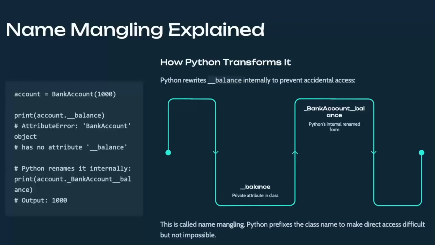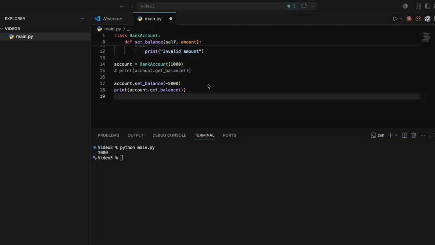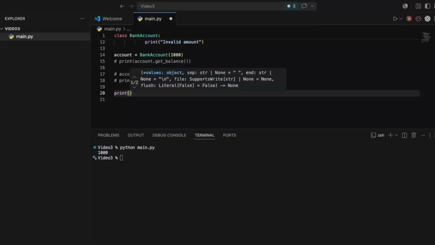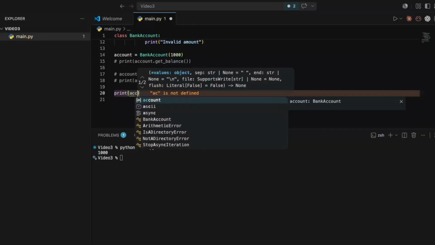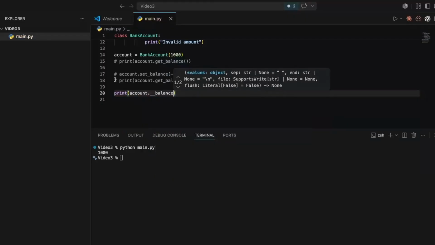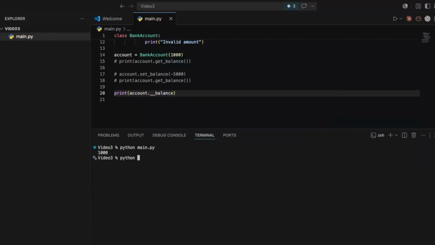Now, you might be wondering what actually happens behind the scenes. If Python prevents direct access, where is the data stored? Alright, so now let me comment this out and let's see what happens when we try to access private attributes again. If I go print account dot underscore underscore balance, and if I run this code,